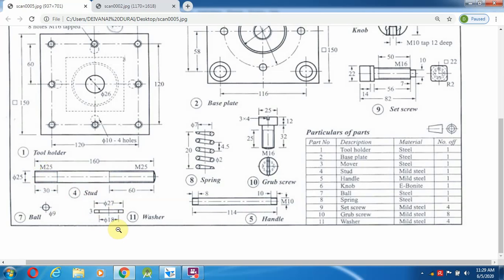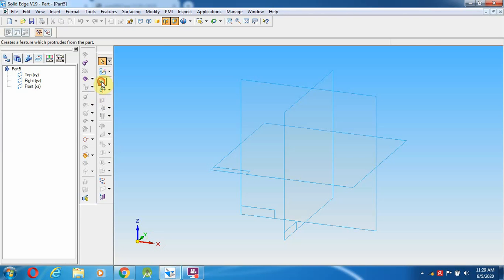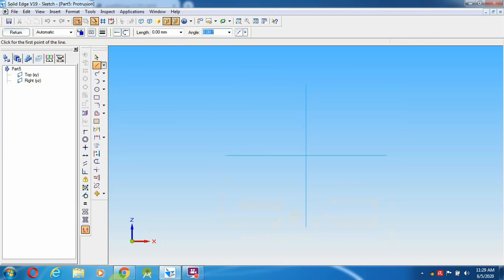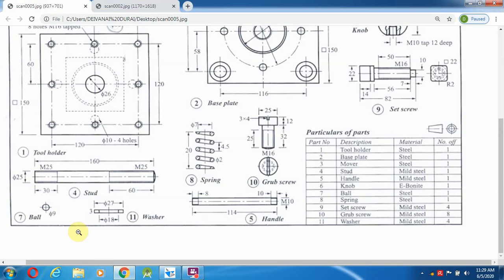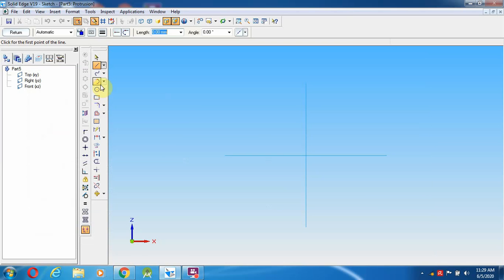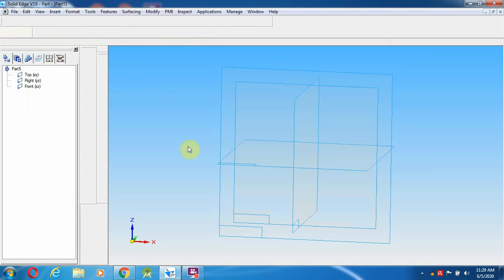Okay, so how to create these things. First select a protrusion from here, and what is the diameter? 25 mm diameter. Select a circle from here with 25 mm diameter and go over here, return.